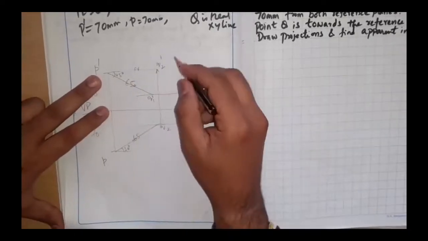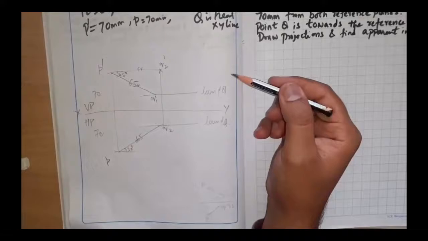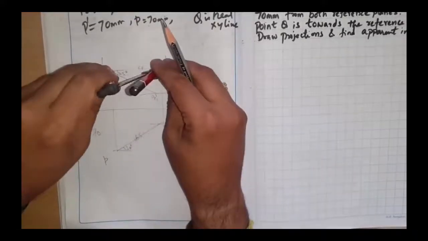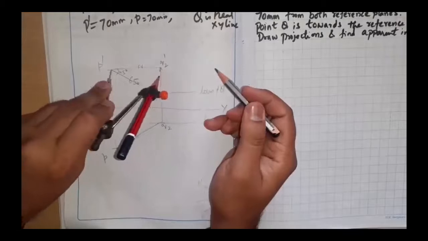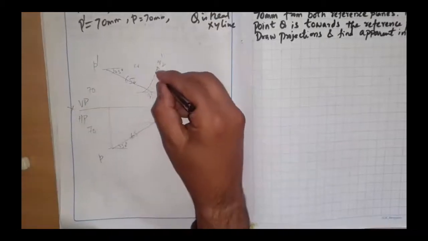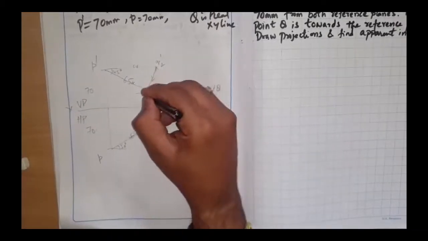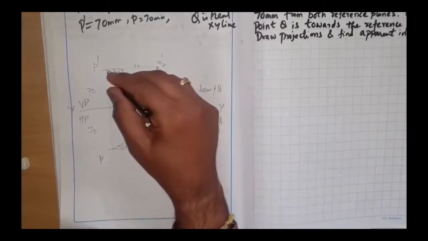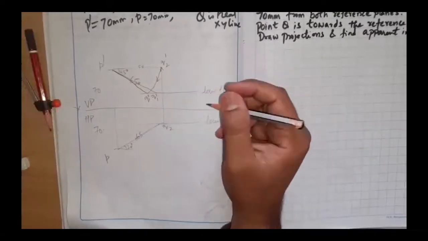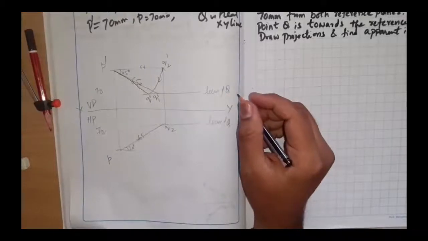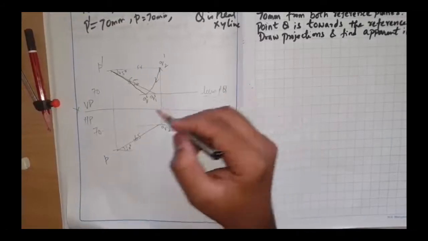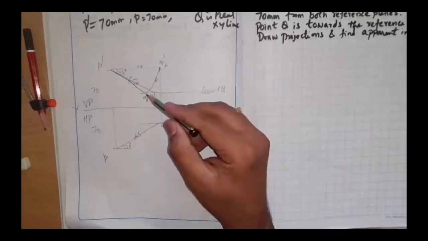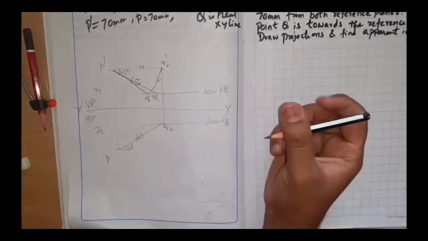But Q locus is not here. Q locus is here. So what you are supposed to do, take an arc from P dash to Q2 dash, and draw an arc till it meets somewhere here. I am going to draw an arc till here where I get P dash and Q dash. So if I draw a line from here directly, I'll get Q dash, because where Q dash is, there only Q will lie.